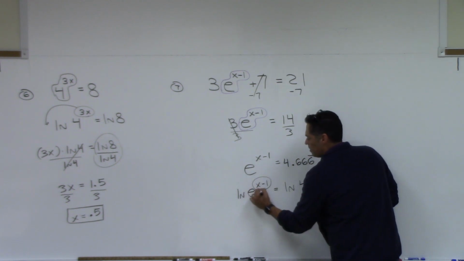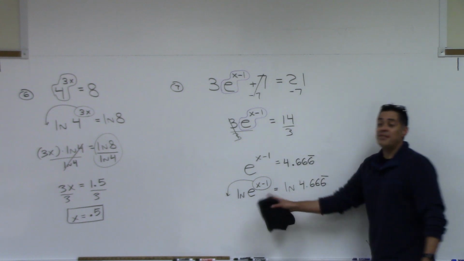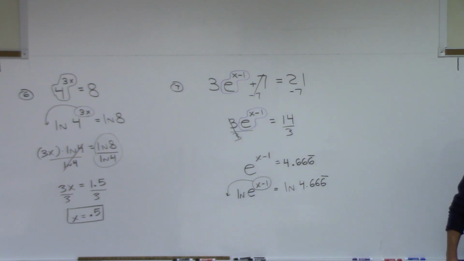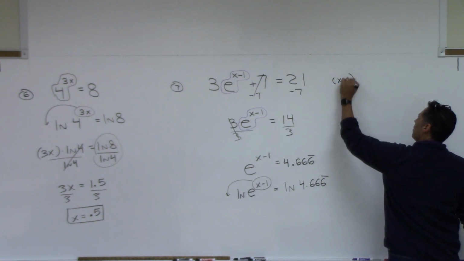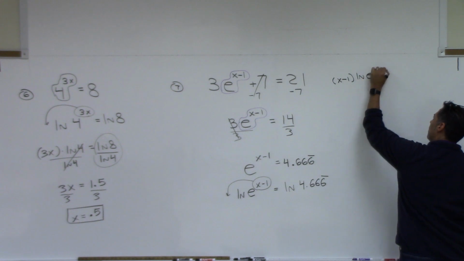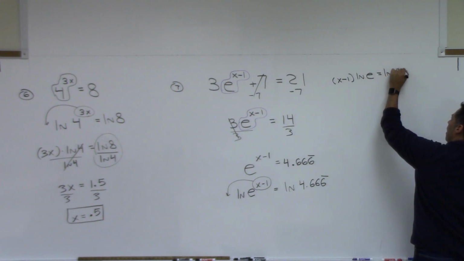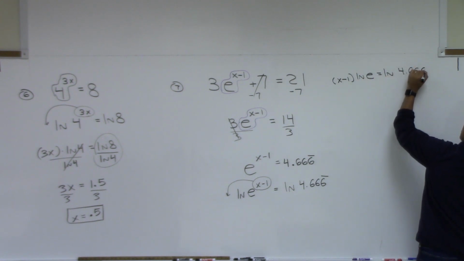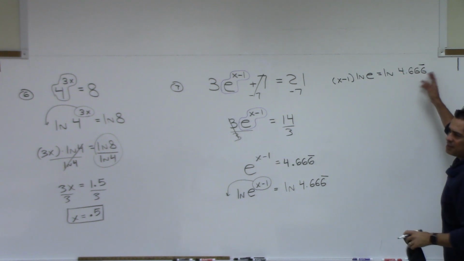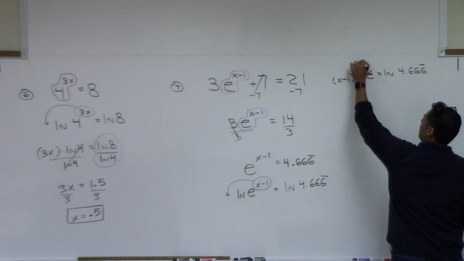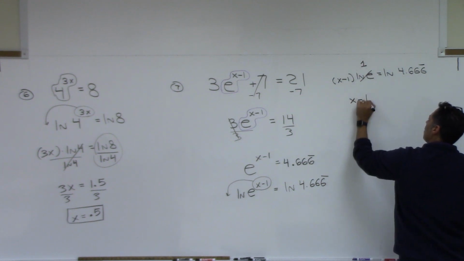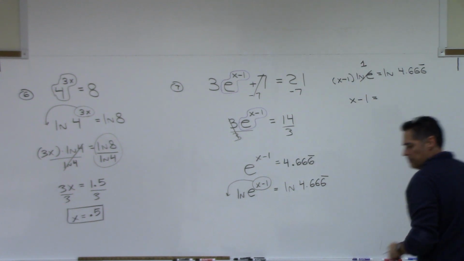Because when we drop this down in front, this time the natural log of e turns into 1. That's just one of the properties of logs that we talked about, right? So I have the x minus 1. Let me go ahead and just write it this one time. Right side, I'll have to do that on my calculator. And you don't have to, just do like 4.66 if you want on the calculator. It's no big deal. This turns into a 1. So we get x minus 1 equals